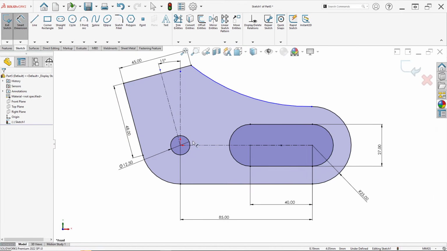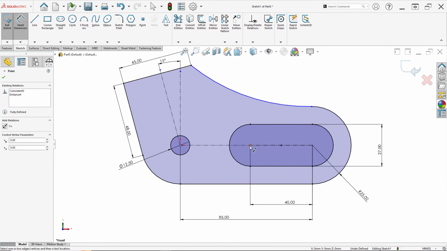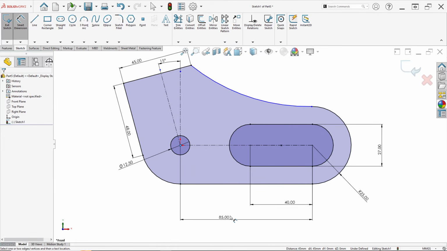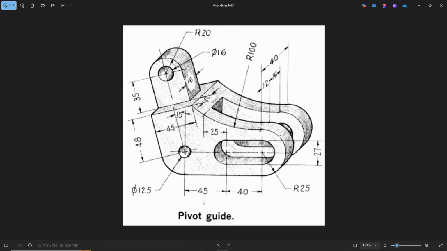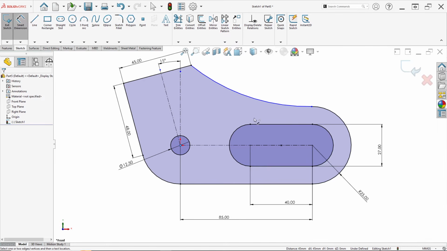Automatically in here it is 45, this to this is 45 millimeter, because in here it is 85. It's correct and it's simple.